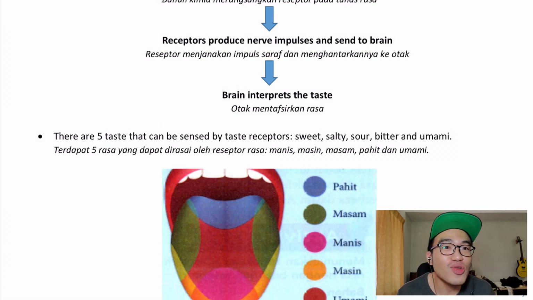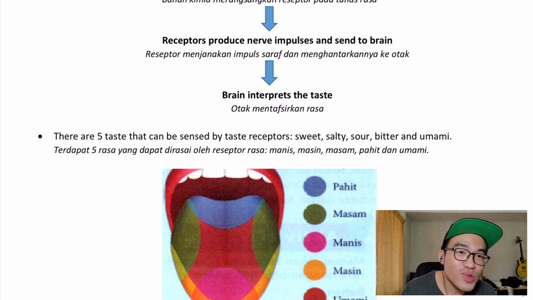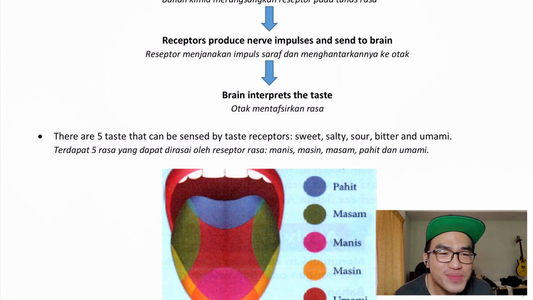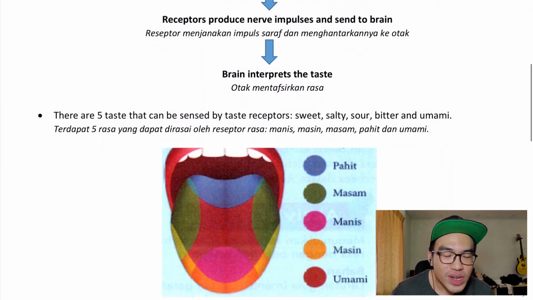For example, I don't have the receptor. How do I know? Because coriander doesn't taste like soap to me. Maybe it tastes like soap to you, that's why you absolutely hate it, or you like eating soap. I'm not going to judge you. So this is a very subjective thing. Let's go to the next part.